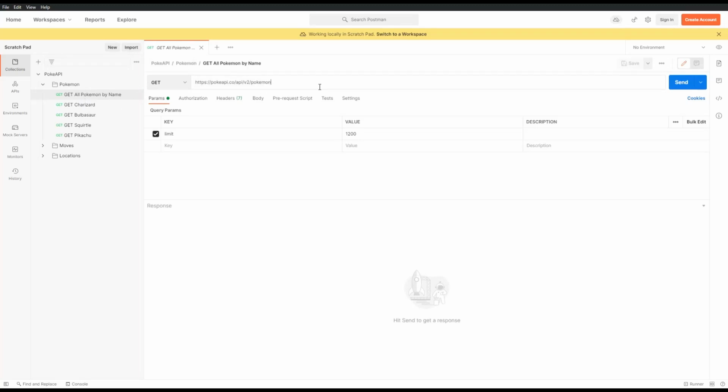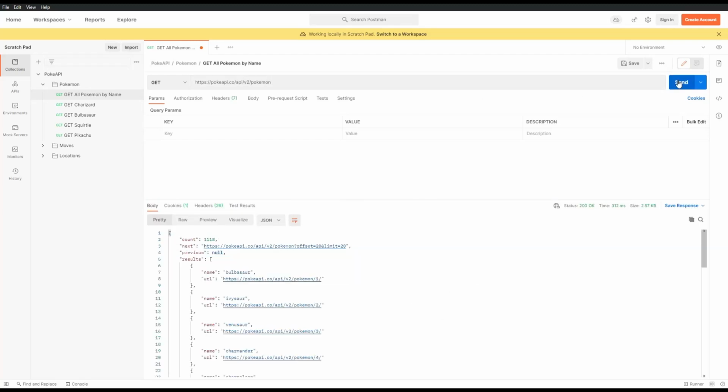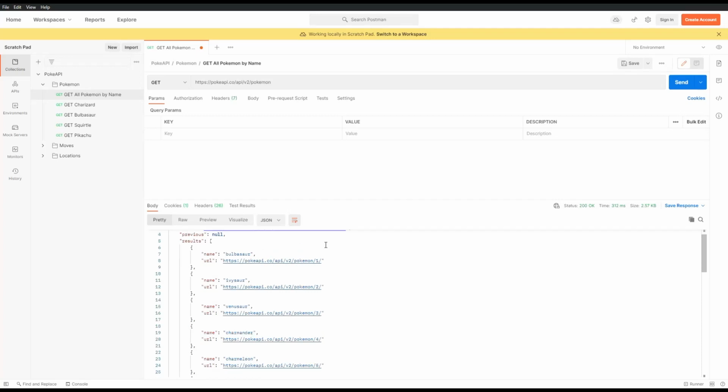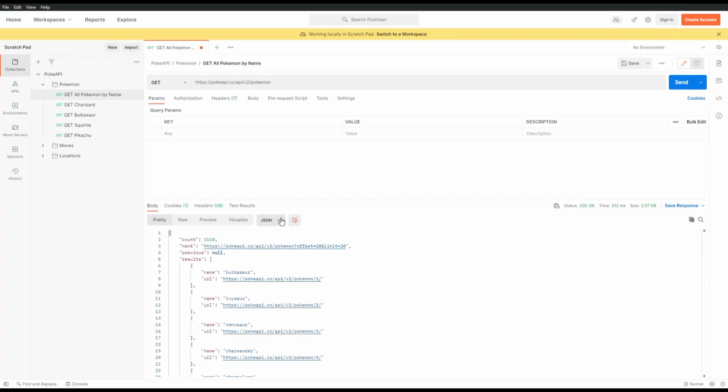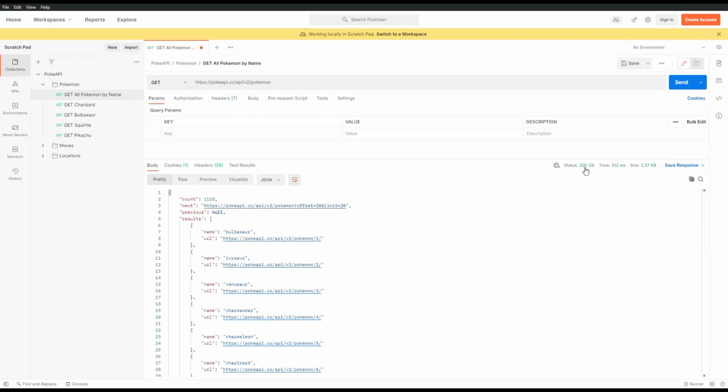I'm just going to take something out here real quick and start with the basic get, https://pokeapi.co/api/v2/pokemon, and we hit send, and here it gives us back the JavaScript object notation in the body of the request. I got a 200 back, meaning it was okay, and it took 312 milliseconds, and I can actually see most of that time was doing the DNS lookup